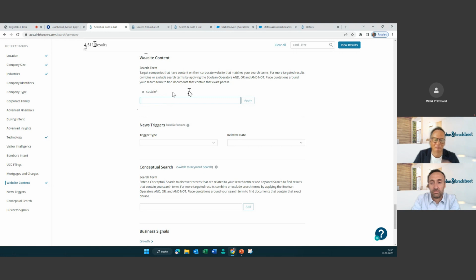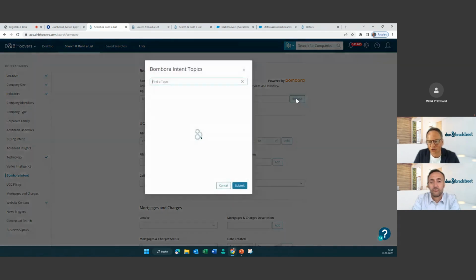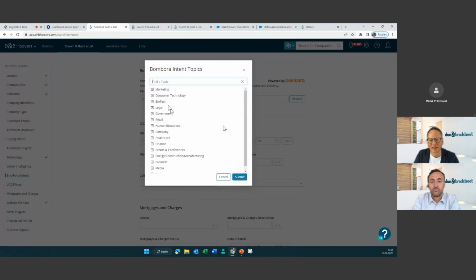4,500 companies. That sounds good, but we're missing one thing, the intent data, because I am interested in those companies who are actually today Googling, looking on the internet on specific terms. So they're searching for that. This is why it's called intent data. And the intent search terms, well, they're all gathered around through